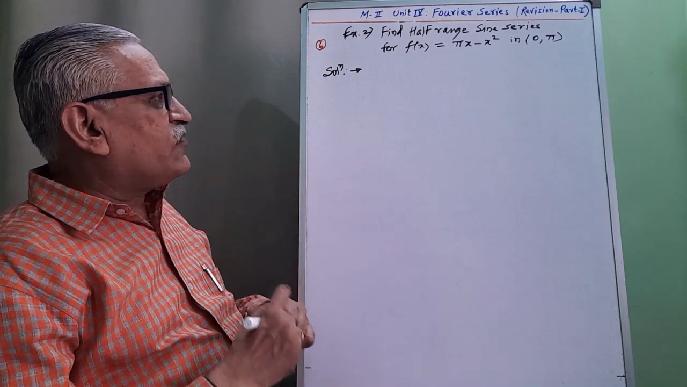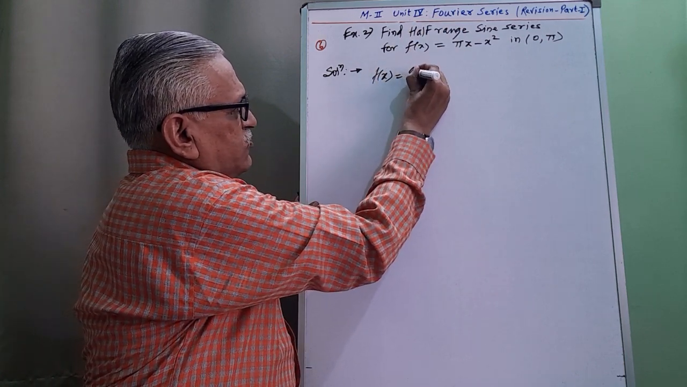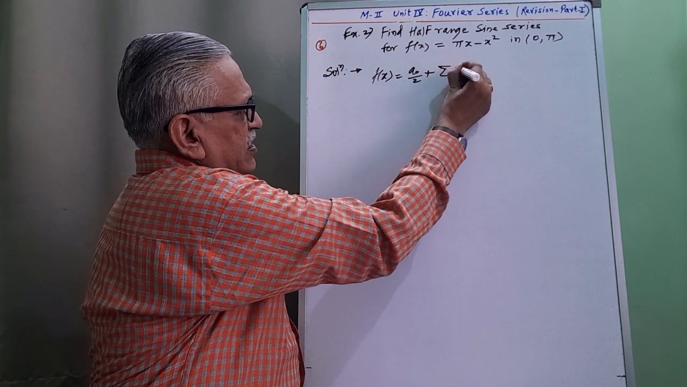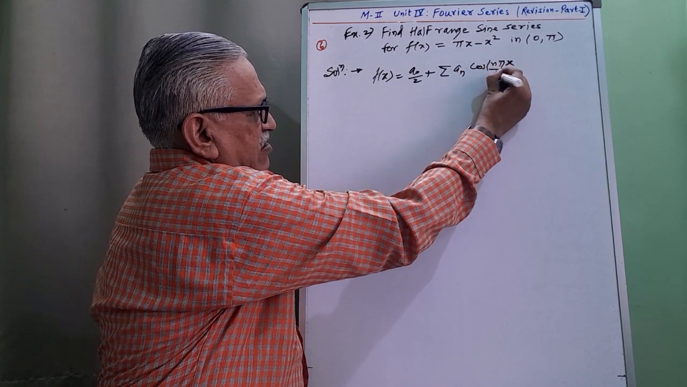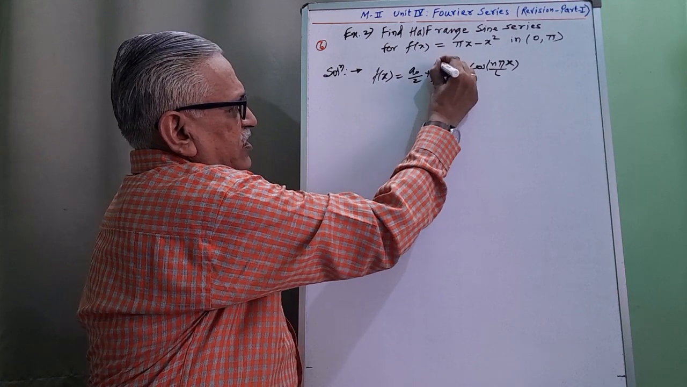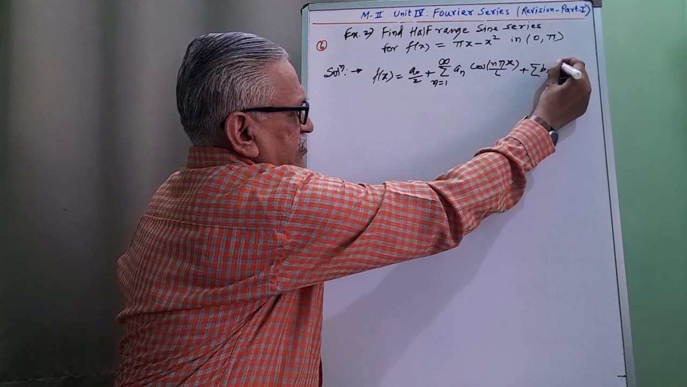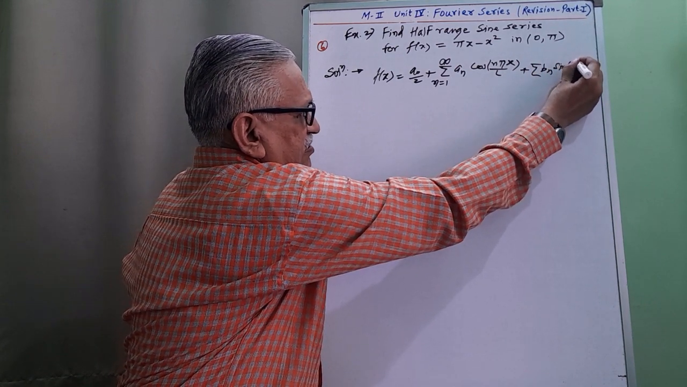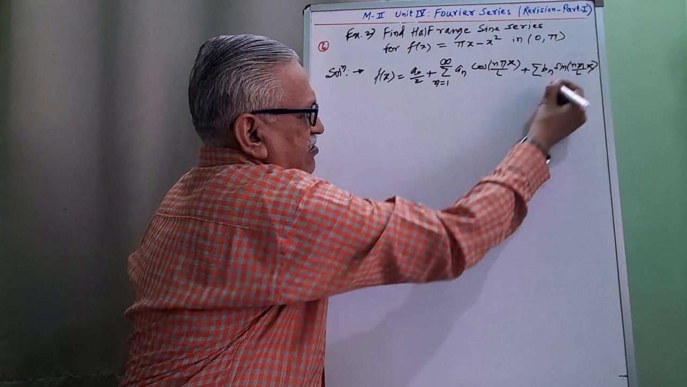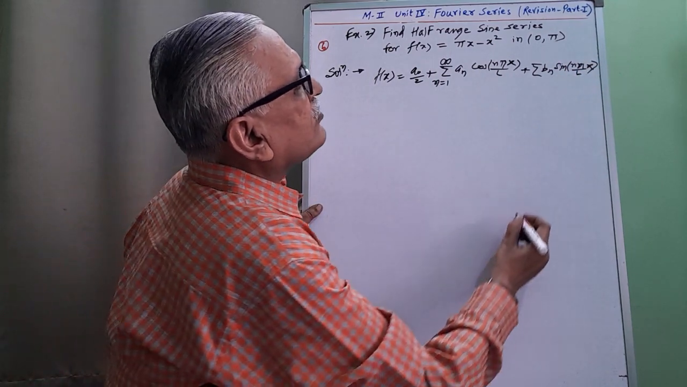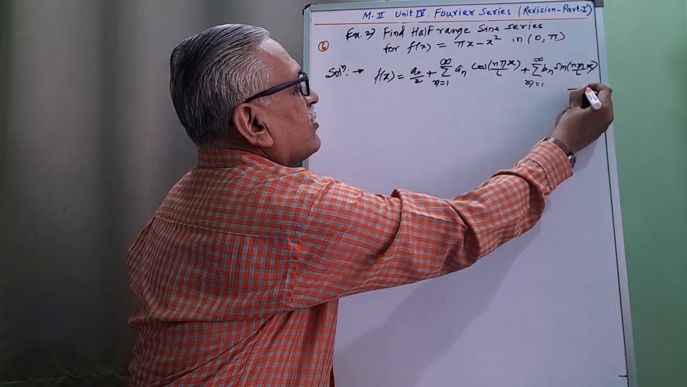And therefore, as we require half range sine series, it is given by f of x is equal to a0 by 2 summation a n cos n pi x by l, n changes from 1 to infinity, and summation of bn sin n pi x by l, n changes from 1 to infinity. We call this equation 1,